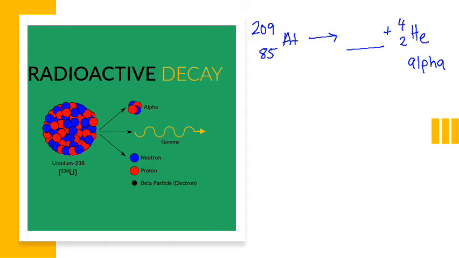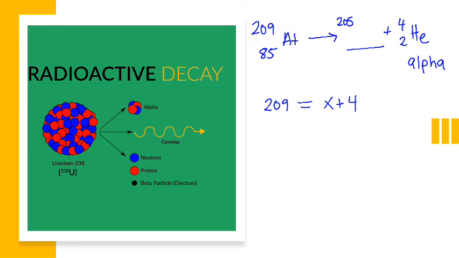First we need to check to see if we're following the law of conservation of matter, which says we cannot create or destroy matter. We started out with 209 as our mass, which tells us the number of protons and neutrons. What should we have on this side? 209 is supposed to equal something plus 4. So what is that x going to be? 209 minus 4 gives us